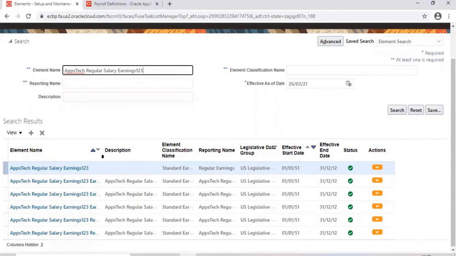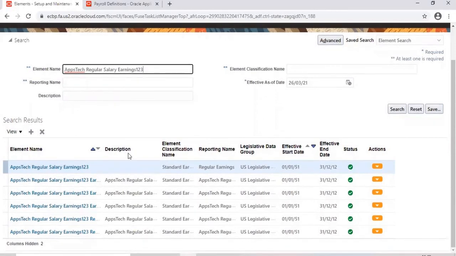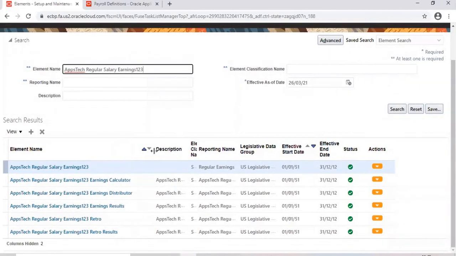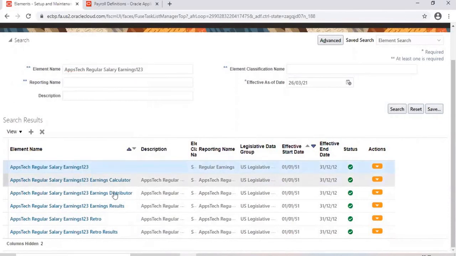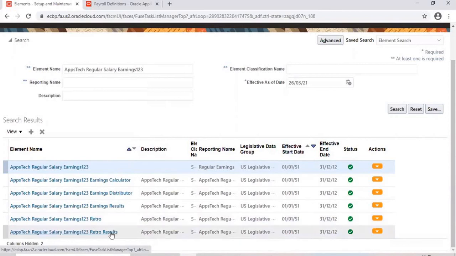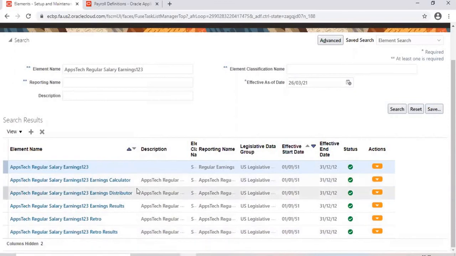I have created only one element, but look at how many elements are being created. This is our element, but calculator, distributor, results, retro results, these elements are created automatically. So these elements will be processed in your payroll. Calculator, I will tell you when we run the payroll what this element is for. This is the reason it took a lot of time to create all these elements.